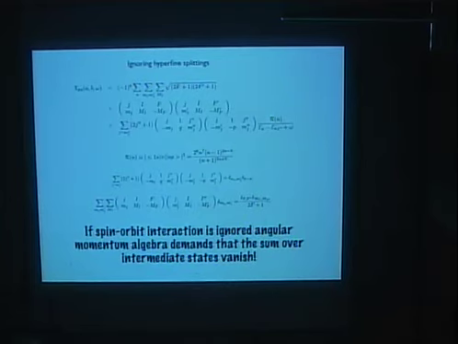So the important point here is that it's actually the spin orbit operator which causes the splitting of the 2p levels, the 2p 1/2 and 2p 3/2, that actually gives you a non-vanishing Raman scattering cross-section. So if the spin-orbit interaction is ignored, then you would actually get a null result for the Field-Wouthuysen scattering.